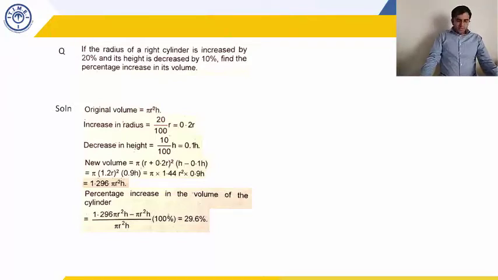With this, we finish today's topic. We have discussed a variety of questions related to 3D figures, and you can simply solve your booklet for more practice. The only thing you need to know is the formulas that we have discussed for the 6 figures: cuboid, cube, cylinder, cone, sphere, hemisphere. You need to know their volume, curved surface area, and total surface area, and the question will be very straightforward.